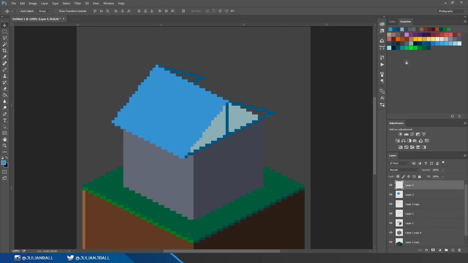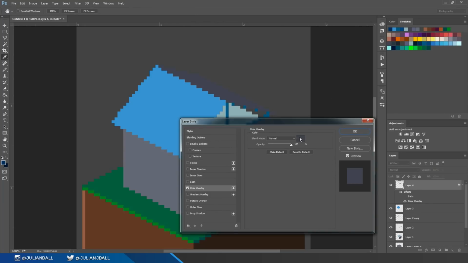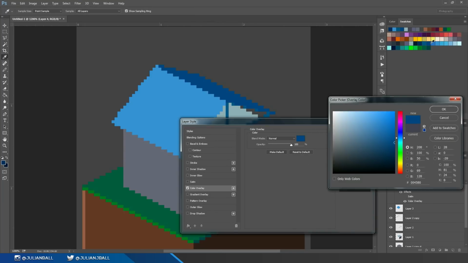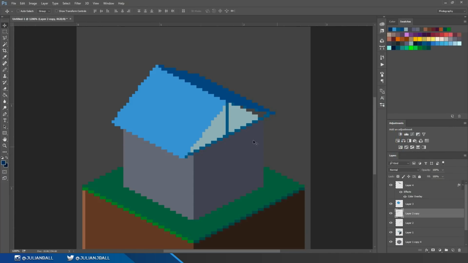Create a new layer again. Let's create the shadow side over here. So I'm just shift clicking in between all these points that I've created. Bam. And then paint bucket. This side should be a little bit lighter actually, because it is on the top of the roof. So let's add a color overlay and let's make that a medium blue color. Yeah, that'll do. And then we've got to do this last little side here. I'm just going to fill this in manually. Pick the dark blue,